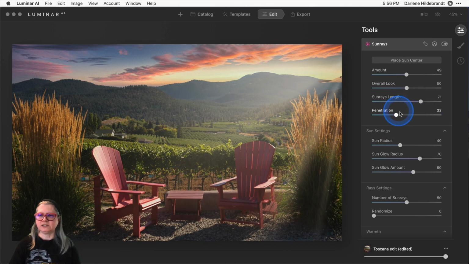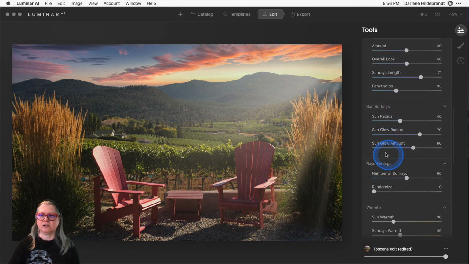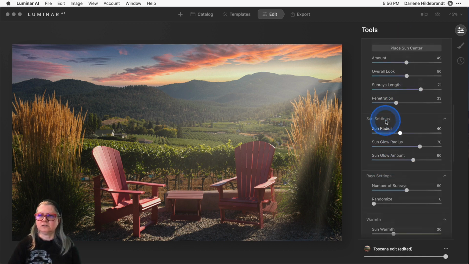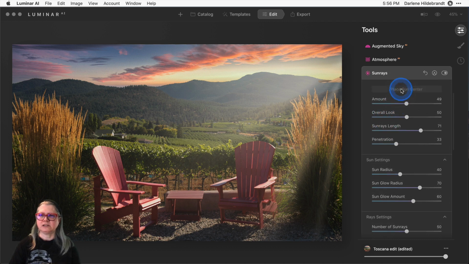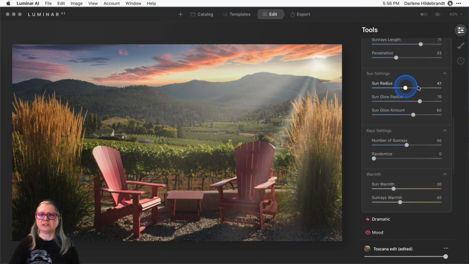So let's leave the length longer, and then I'm going to adjust the sun radius. So I'll place the sun center back in the middle so you can see what these are doing again for a moment. Okay, so sun radius, these are all very similar. You can see that it's adjusting the amount of glow. When it's at 0, there's absolutely no sun glowing at all.